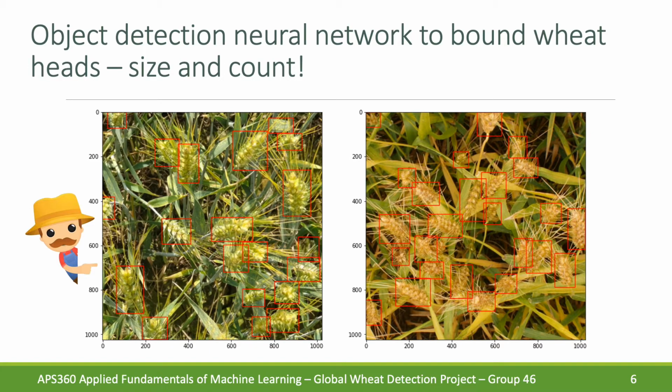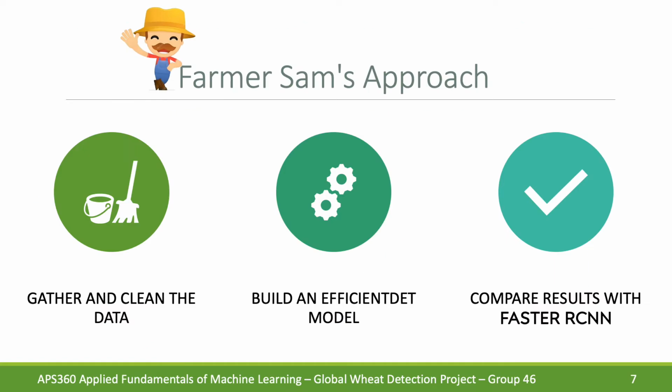So Farmer Sam decided to build an object detection neural network to make his life easier and bound the wheat heads for him. By bounding the wheat heads, he can gauge the quality of the yield on each field and the quantity. To do the job, Farmer Sam gathered and cleaned the data. Then he built an EfficientDet model, a relatively new and well-performing object detection model. And lastly,